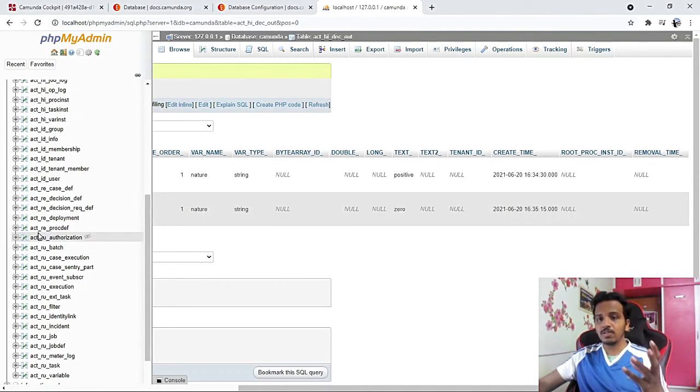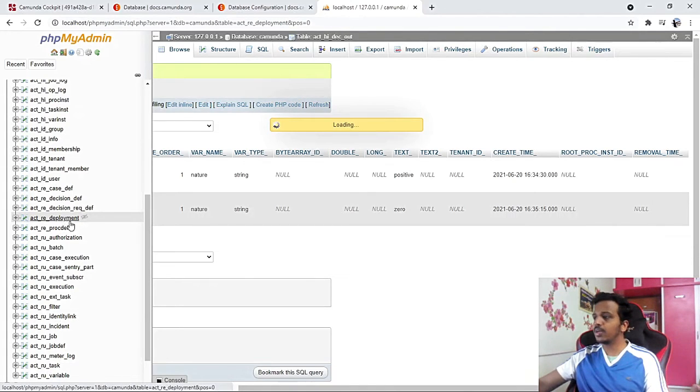This is specific to the overall Camunda database, I can say parent. It's like metadata, what actions are performed, and it's like static data. It's not specific to any runtime, any specific instance. It's about overall. There's nothing big about here. Just based on the table name we can identify that, okay, deployment is written, how many deployments are done.